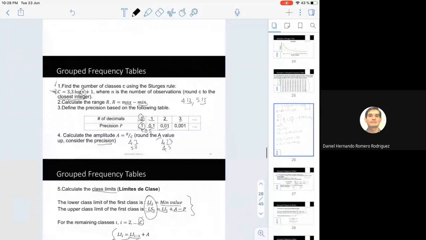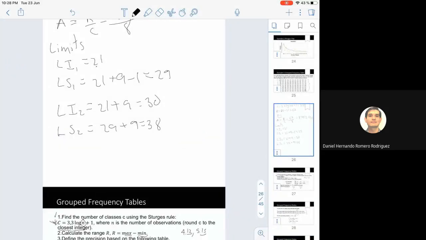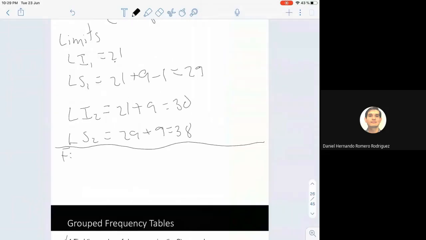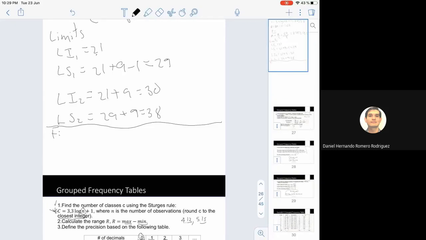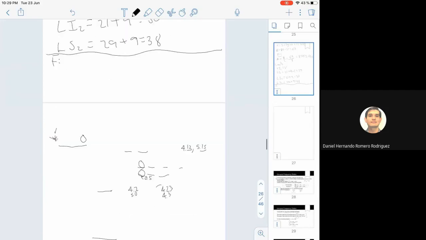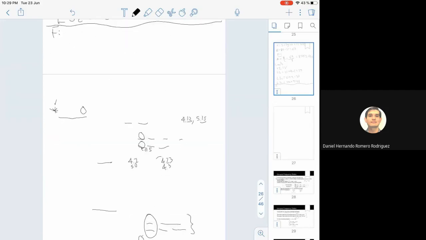All right, in a similar way, now you can compute the boundaries. And remember that we use the boundaries to compute the frequencies. So for the boundaries, let me add an additional page. Okay, one more page here. The boundaries now. All right. So for the lower boundary,